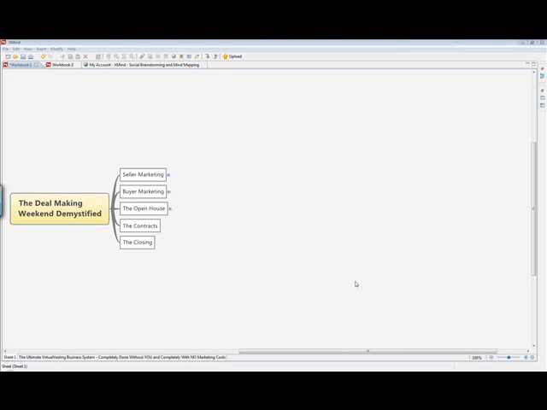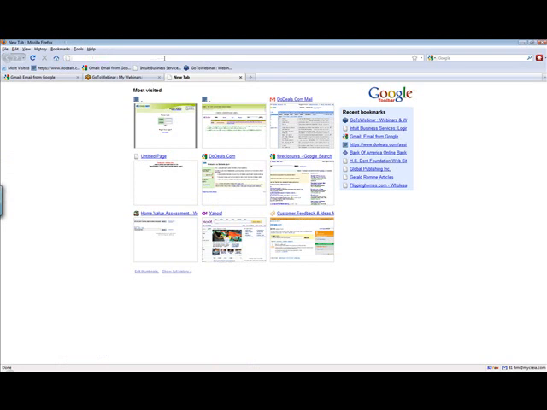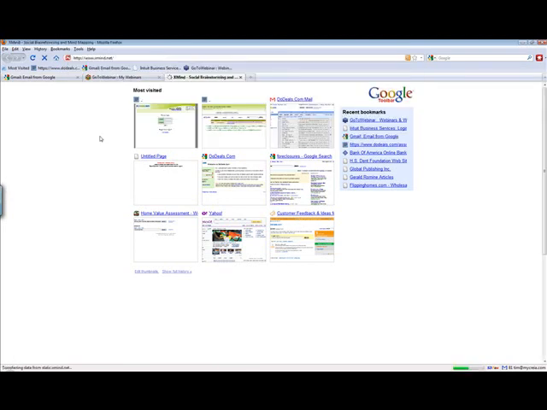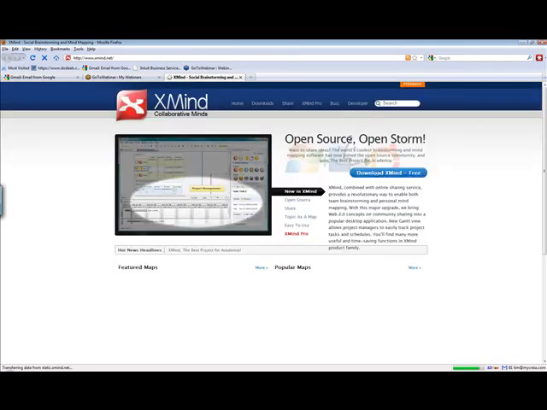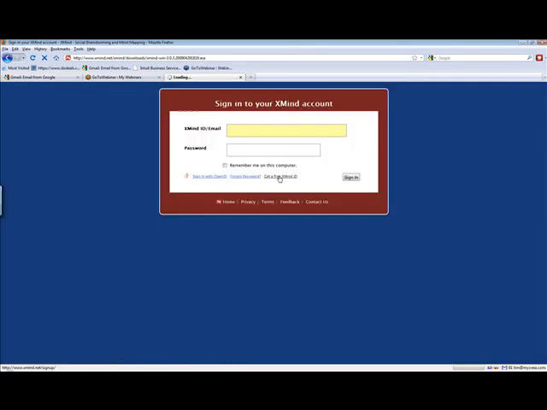You guys can try a different browser if it doesn't work on Internet Explorer, but it should. Let me see here. I can go to my Firefox, so let me see if it works on Firefox. It should. I haven't had any problems with it. So click on download. Yep, takes me to this page. Get a free Xmind account. It works fine for me.